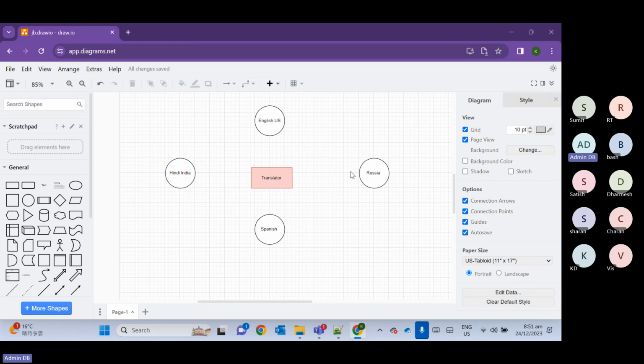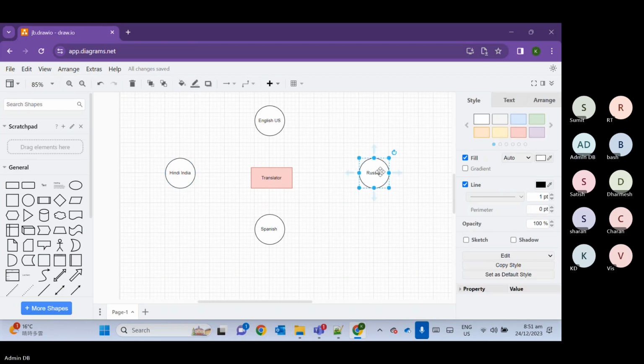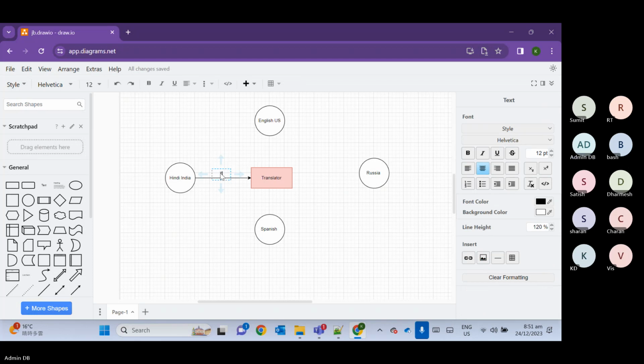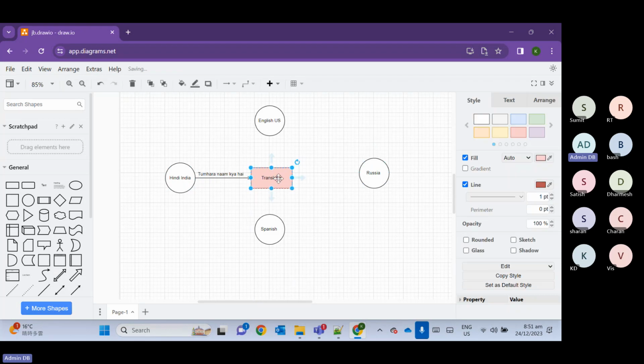let's say this person wants to talk with this person. What is your name? Okay, so first thing, he will ask in Hindi. So he raised one request to this person via this translator, तुम्हारा नाम क्या है, in Hindi. Okay, now